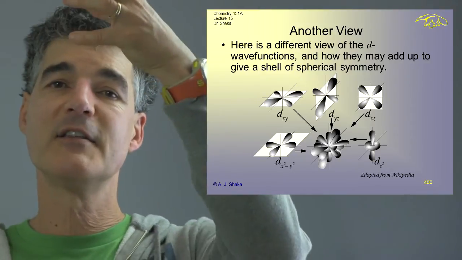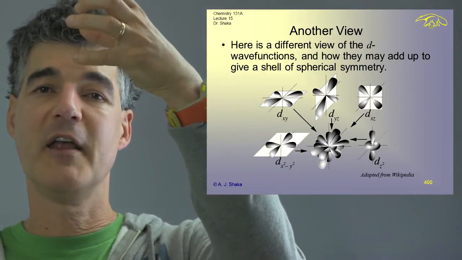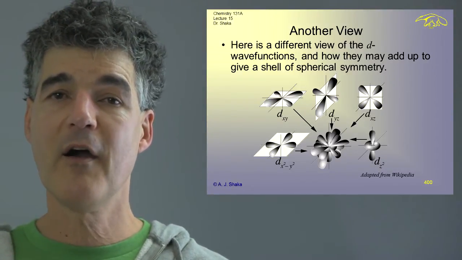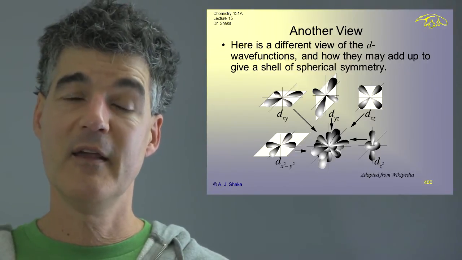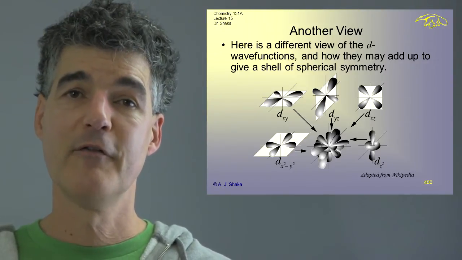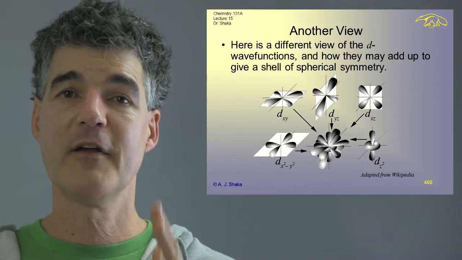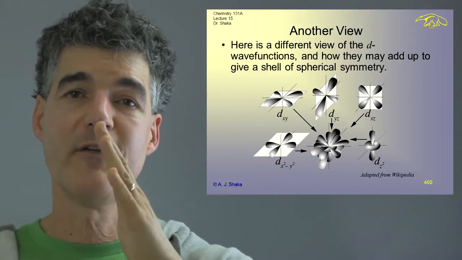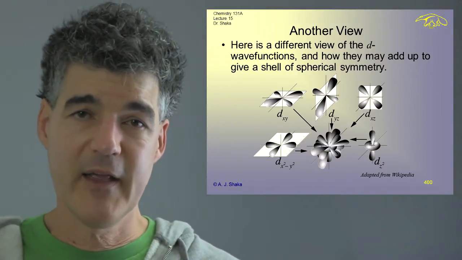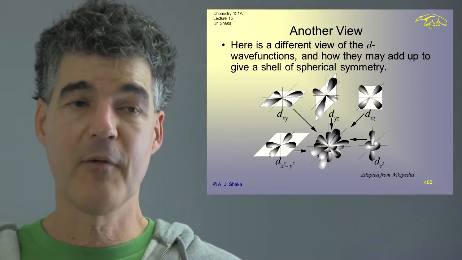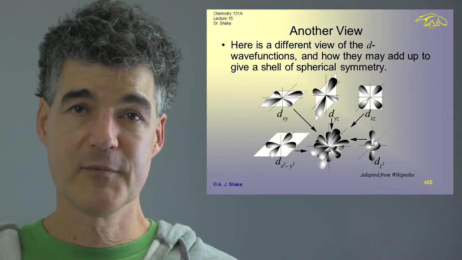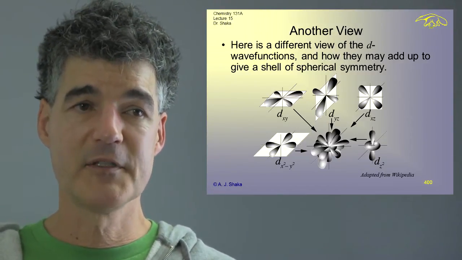But the difference is this thing is all the same color. It doesn't change sign. And this donut's all the same color. And you still look at it and you say, well, where are the angles where the nodes are? And the answer is they're at the magic angle. If you look back at the formula for this particular orbital, you'll find that there's a tilted angle where the wave function vanishes, and it vanishes all along that angle all the way out. And so that's how that one works. So it looks a little bit different, but in fact it's exactly the same in terms of vanishing at values of an angle, just like the other ones do.